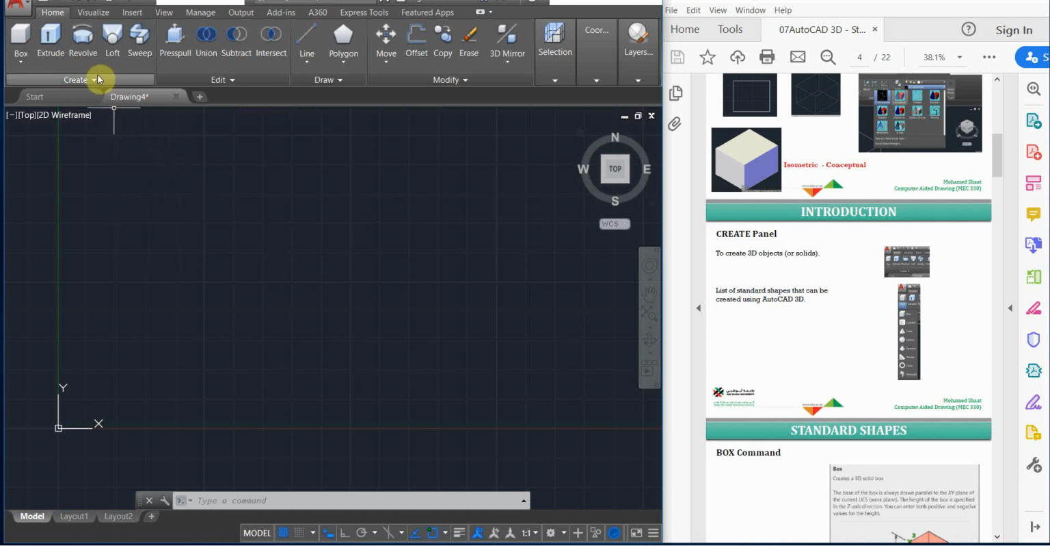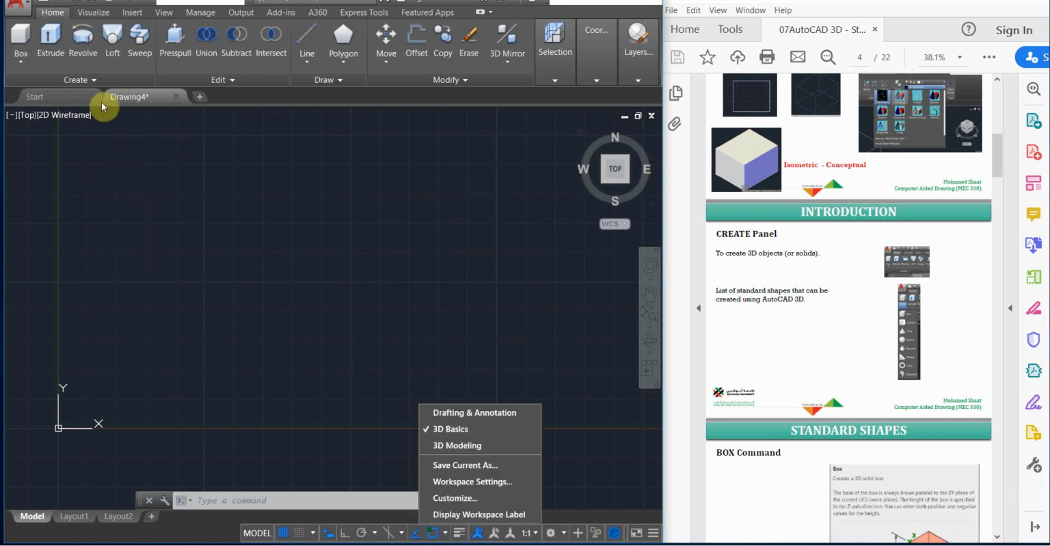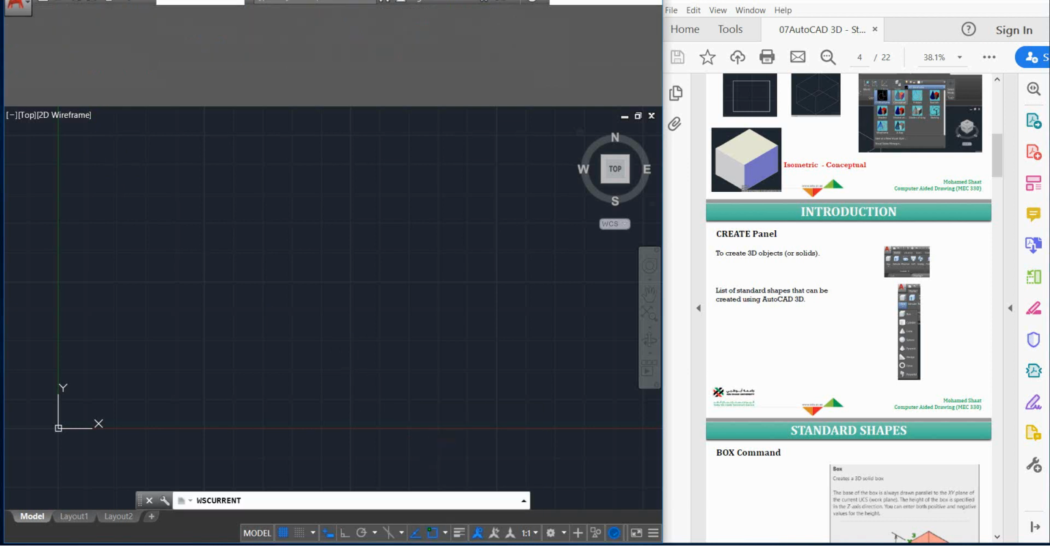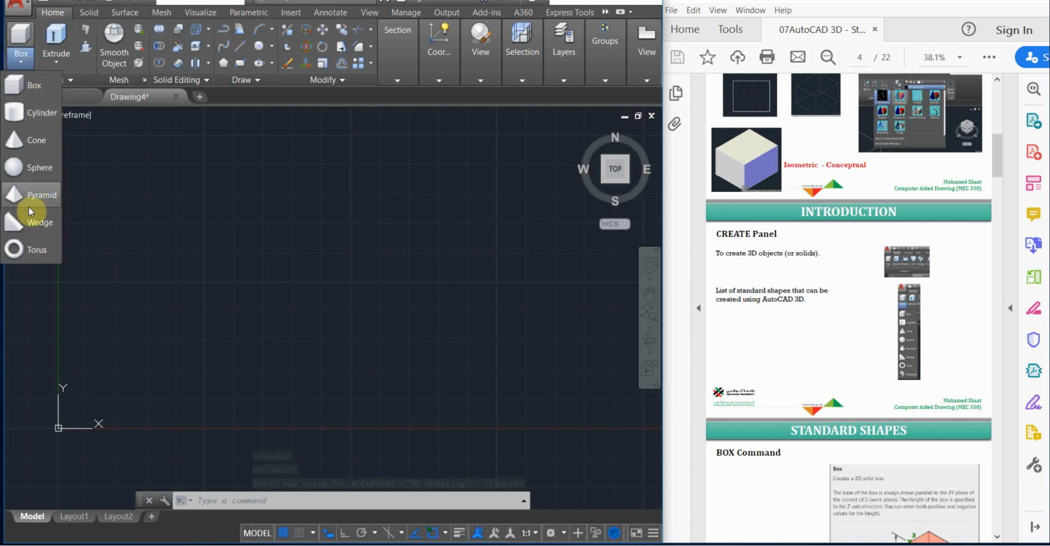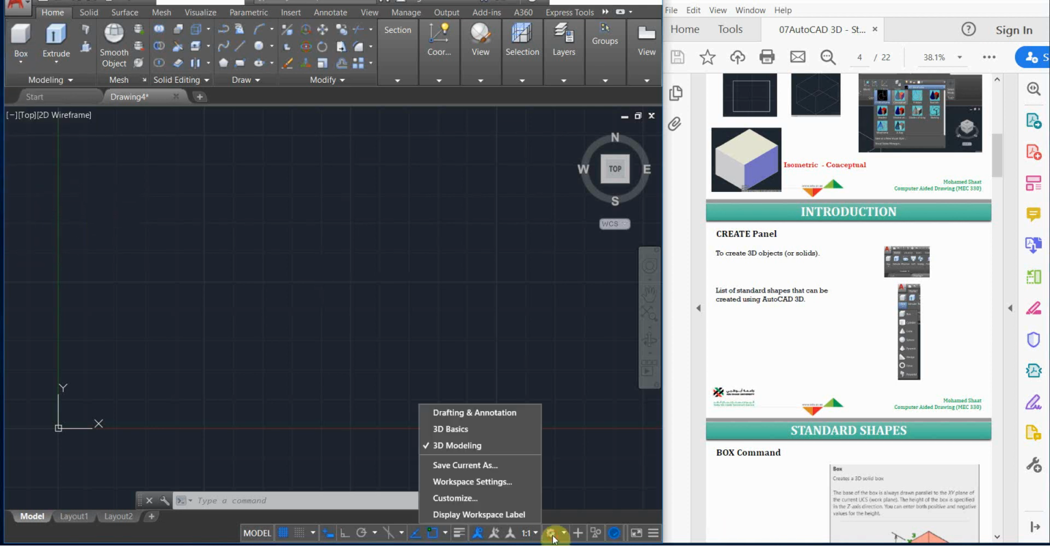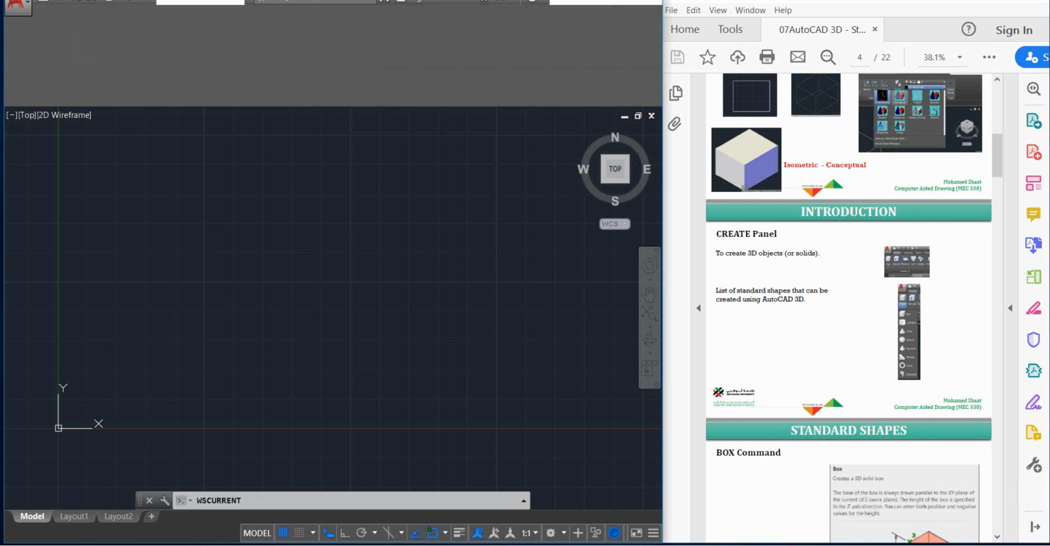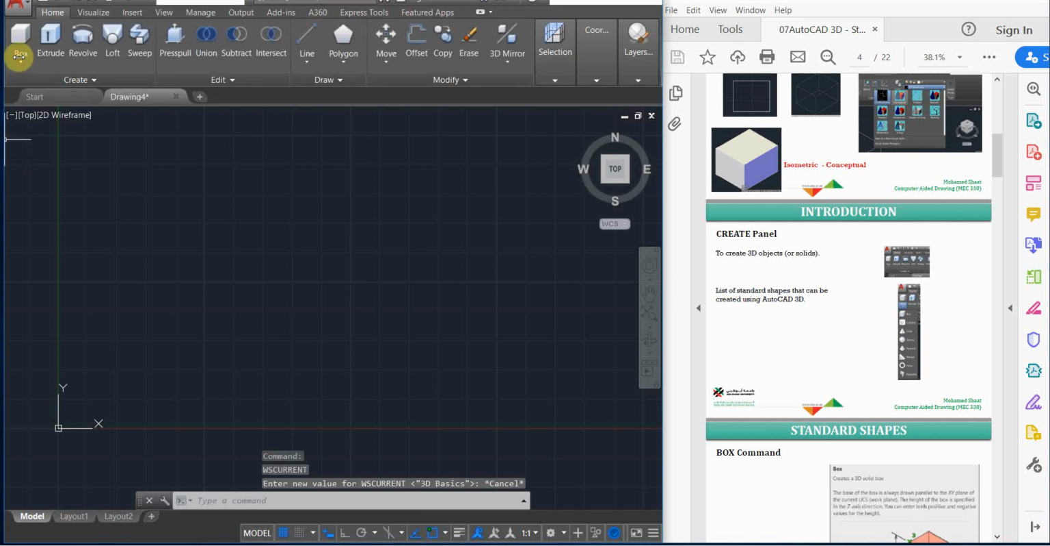So, to create an object, as long as you're already working in 3-dimensional basics, you're gonna use the create panel. If you're working in 3-dimensional modeling, you're gonna use a similar panel, but it is named modeling. So the same commands, and today we're gonna focus on these standard shapes: box, cylinder, cone, sphere, pyramid, wedge, torus, and how we can build these 3D standard objects using AutoCAD. This is what we are going to discuss. If you're working in 3-dimensional basics, you're gonna find the same list here of the commands that we